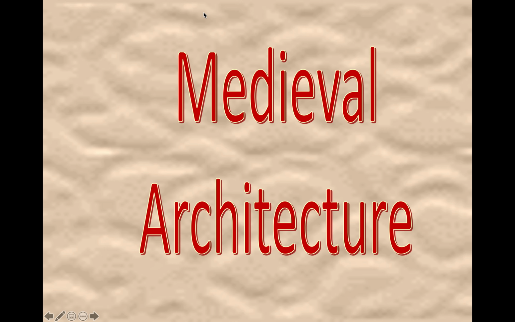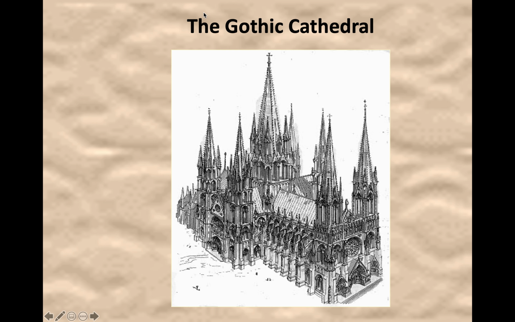In order for us to see these changes, these themes, let's discuss what was going on before that. So we're going to talk about some of the medieval art and architecture. One of the cornerstones of medieval art and architecture was the Gothic cathedral. There were two main types of cathedrals, ladies and gentlemen, in medieval times. There was Romanesque, which came first, and then there was Gothic. I'll talk about the differences between both. But here's an example of a Gothic cathedral.